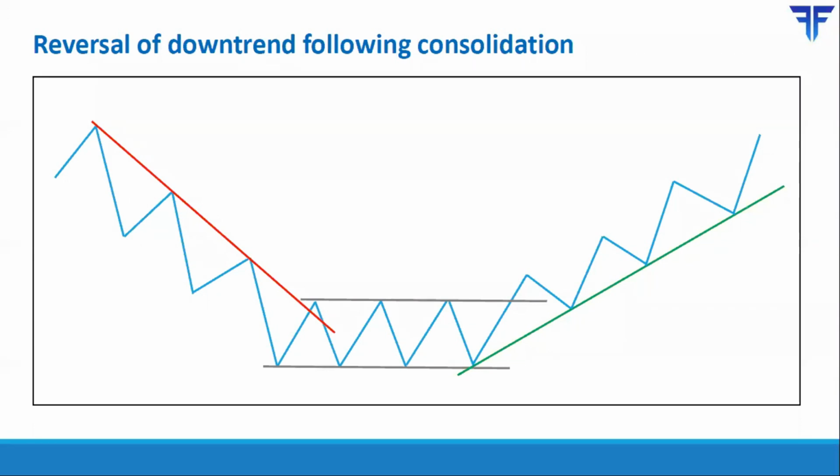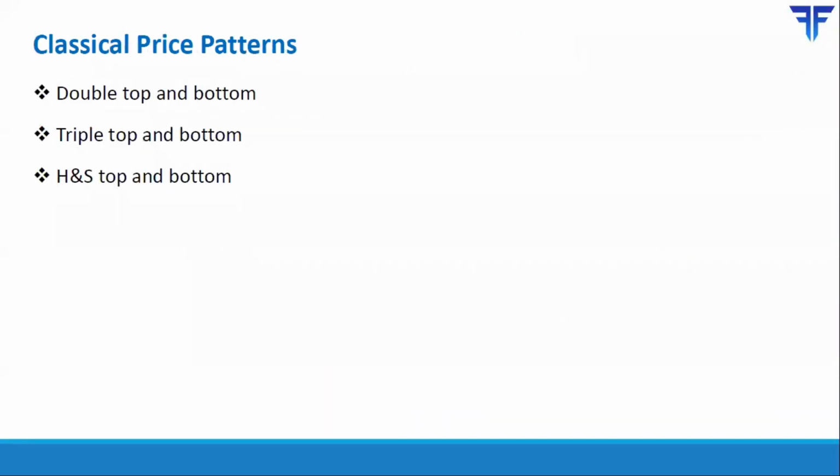This is what the classical price patterns are all about. Classical price patterns can broadly be split into two parts. One is reversal patterns, which indicate a reversal in trend from up to down or from down to up. The other is continuation patterns. Continuation price patterns signal that after consolidation, the prior trend could resume. So before entering into a consolidation, if the prior trend is up, then once that consolidation ends, the prior uptrend will again resume, and so forth.